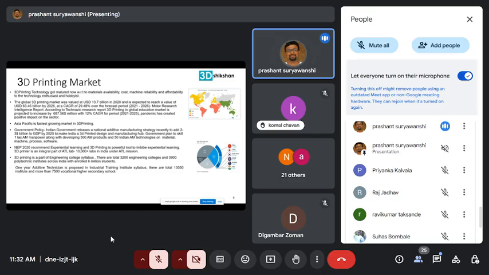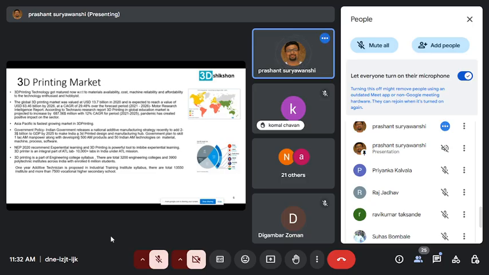Government also understands this, and they released the National Additive Manufacturing Strategy, at a primary level. In 2022, they were saying we have to add $2 billion to the GDP by 2025, which is happening right now. I think we have partially achieved it, and there is a lot still to do.